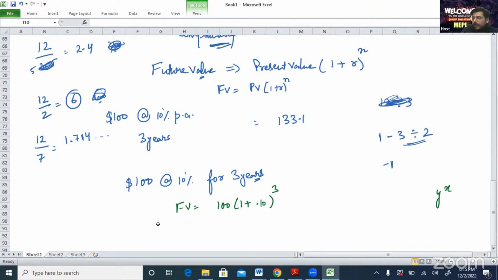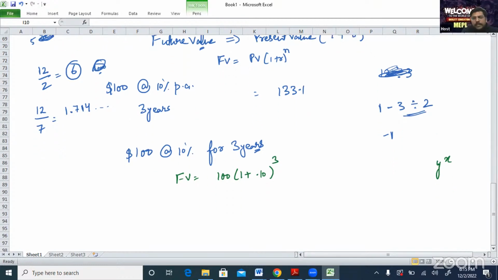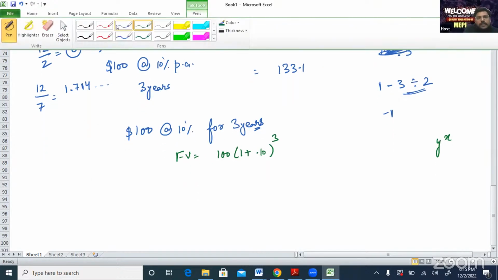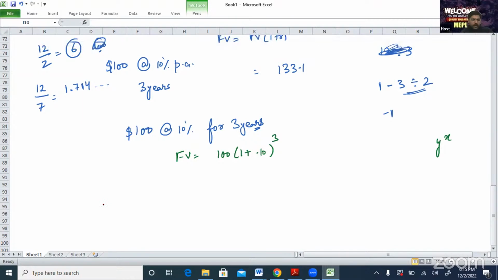In this manner I can calculate my future value through the calculator. That is basically my single cash flow case, where I am investing one time and getting some value. Now if I give you a question, give me the answer very quickly. If I invest, for example, $250 at a rate of 8% for 20 years, what is the value after 20 years? I am giving 1 minute to everyone. Please, everyone just solve it.